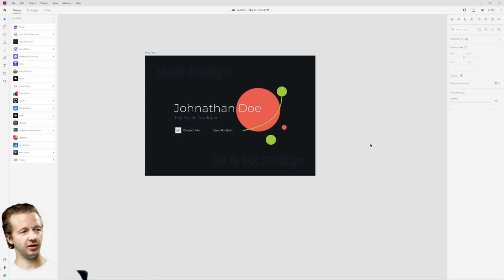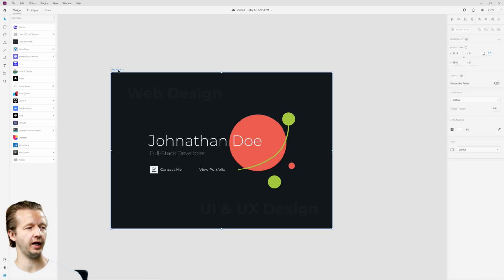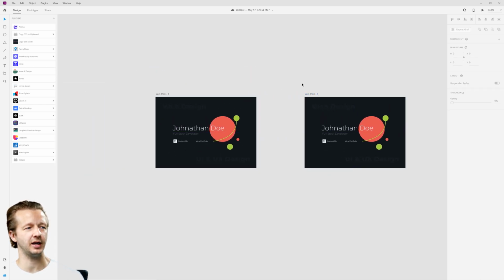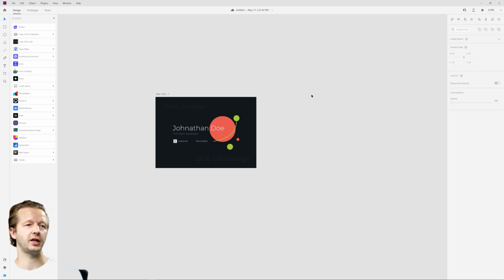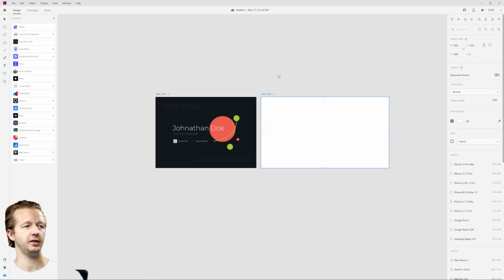So here is the design. I'm in Adobe XD here, and let's just go ahead and duplicate the artboard. And the first thing I don't like is that we're working in almost a square ratio. When I'm working with a full design, I like to see it at the full experience. So the full desktop experience, 16 by 9. So what I can do instead is come here and create a Web 1920,